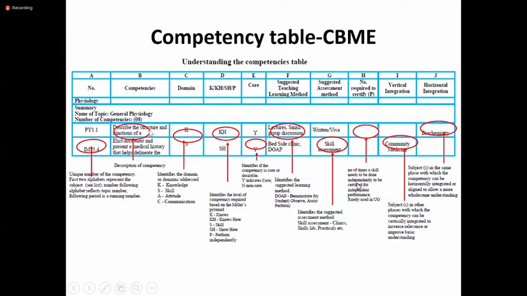So like this, almost all the syllabus of all the three subjects, anatomy, physiology, biochemistry, have been divided into competencies which have to be attained. Previously, what used to happen is the syllabus heading will be given as a topic for discussion, and the teacher would discuss whatever he knows about the subject and its clinical significance, and the theory class